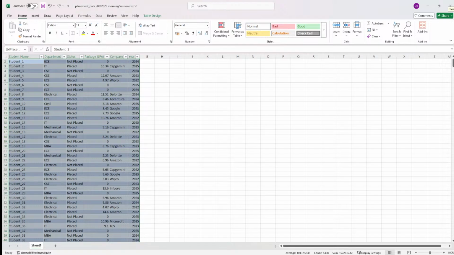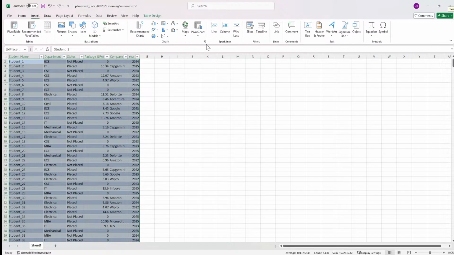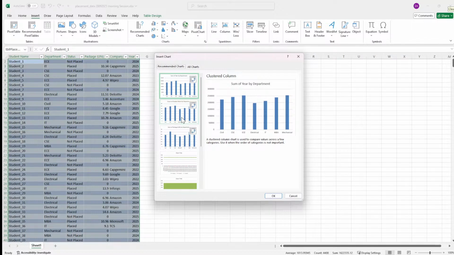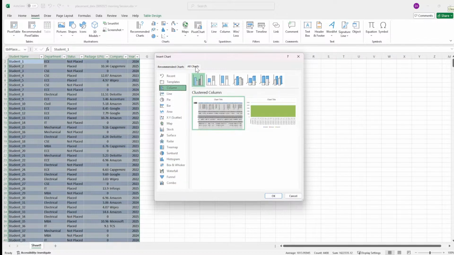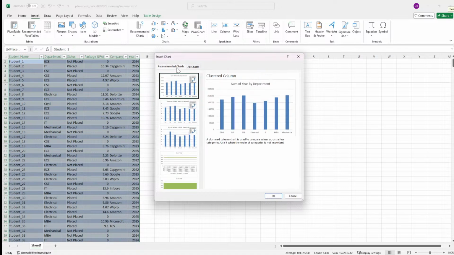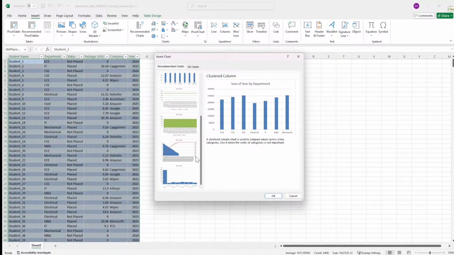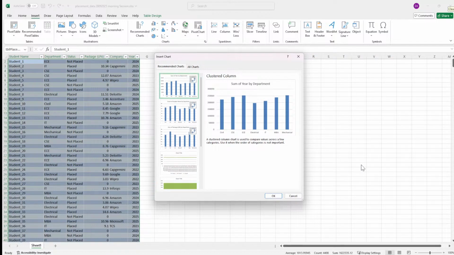So now if I go to insert and then I go to this section, it gives me various kind of charts. So all charts. So here you can select what kind of chart you want to use. And here is the recommended charts. This is all giving you the recommended charts that it gives you, finding out which of the charts can be helpful for you. But if you see here, what it is doing is the recommendation is that it is going through the departments, and department wise it is giving you